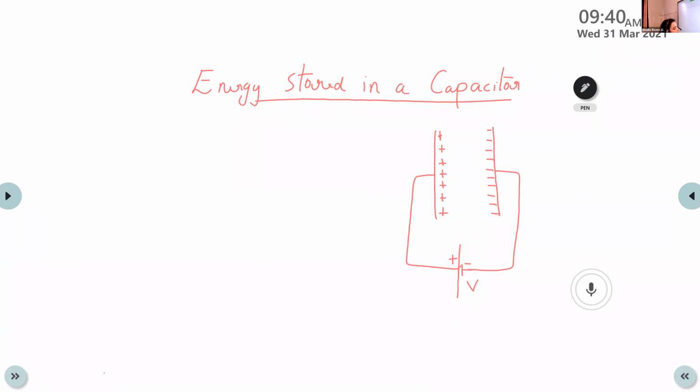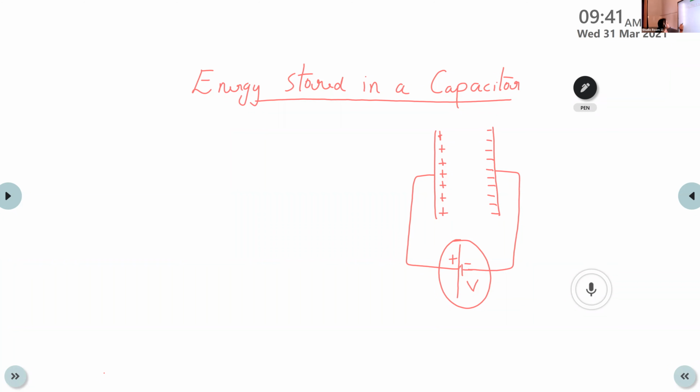And who does the work here? It is in the form of work done that the charging takes place. In the case of electrical devices like mobile phone, laptop or torches, who does this work? The battery. Yes, very good. Here the battery is doing the work to charge those devices. Similarly, in the case of a capacitor, we are providing a voltage source V, and this battery performs the work to store these charges. So the work done by the battery is stored in the form of energy.